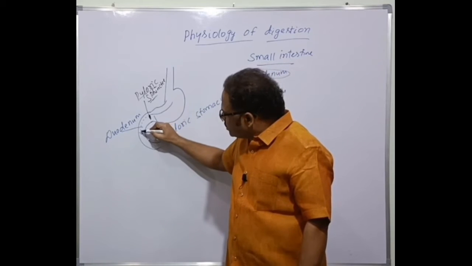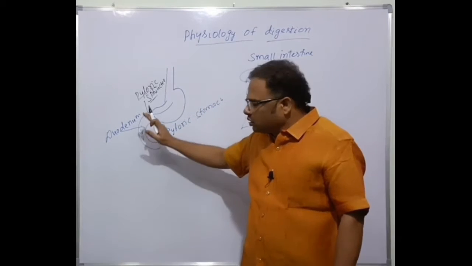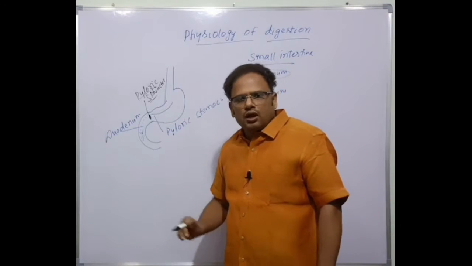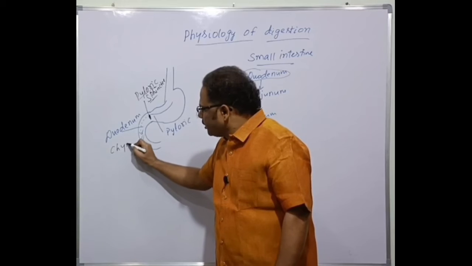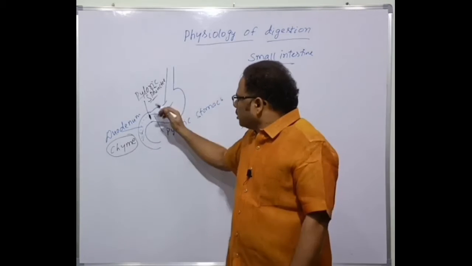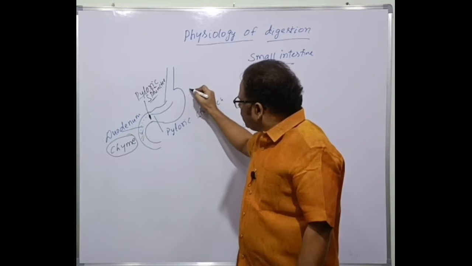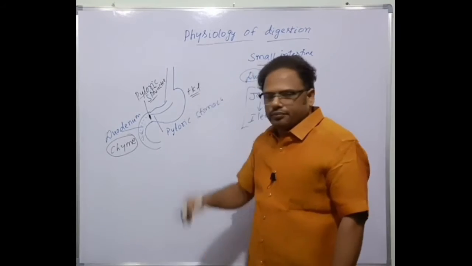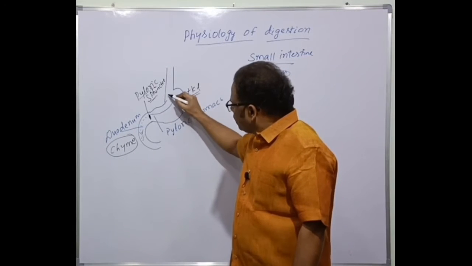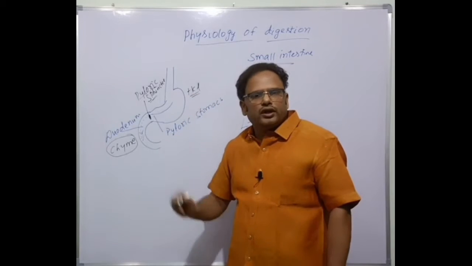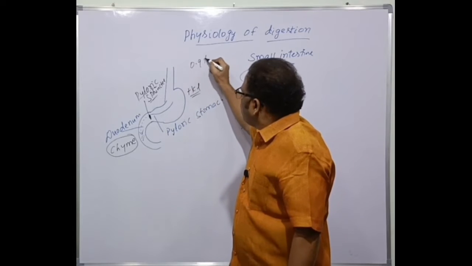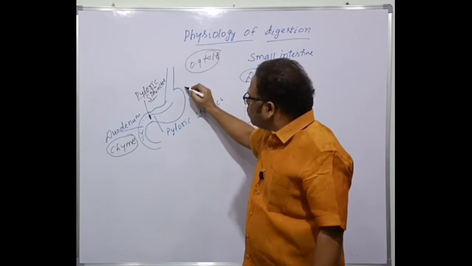And where is the food now? The food is now present in the duodenum. But remember, it's partially digested food, not completely digested. The partially digested food present in the duodenum is called chyme. In the gastric juice, I told you that HCl, hydrochloric acid, is present, because the enzymes of gastric juice in the stomach are activated only in the acidic medium of 0.9 to 1.8 pH, highly acidic, only in the stomach.